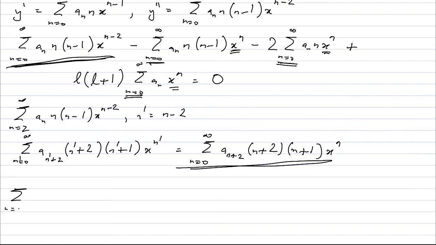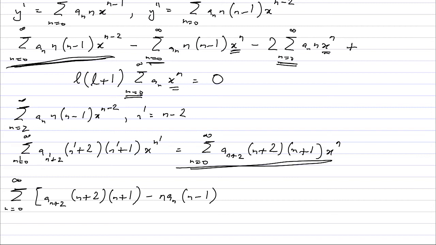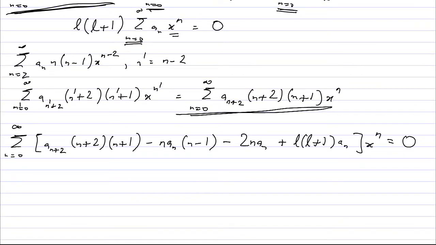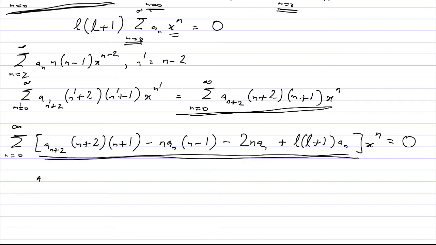So the left hand side now becomes the sum over n equal to 0 to infinity of [a_{n+2}(n+2)(n+1) minus n a_n minus 2n a_n plus l(l+1) a_n] x raised to power n. This is equal to 0. If this has to be identically equal to 0, then of course this term in the square brackets has to be equal to 0. So you essentially immediately get that a_{n+2}(n+2)(n+1) is equal to